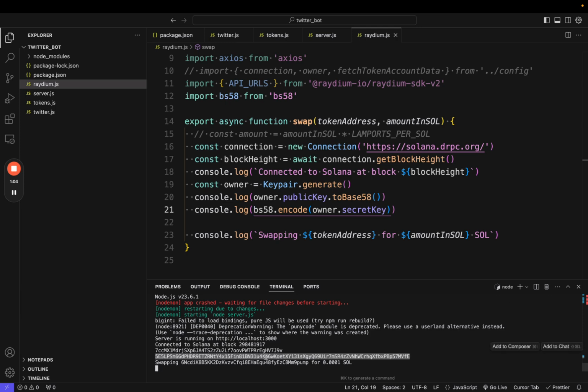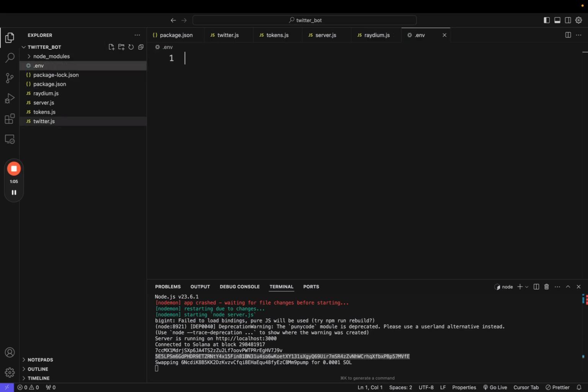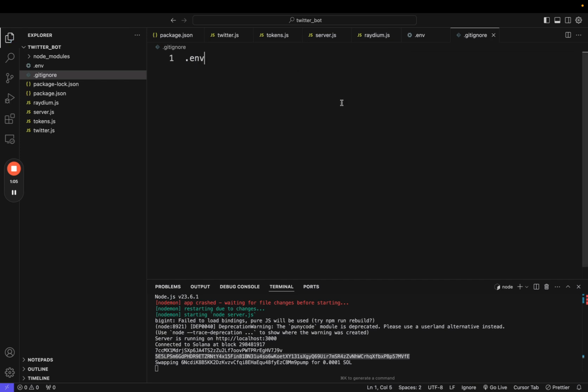There you go. So this is the private key, I just created it. Let me just add it to .env. Let me also add .gitignore. I don't think I added the .env file. So let me just go to